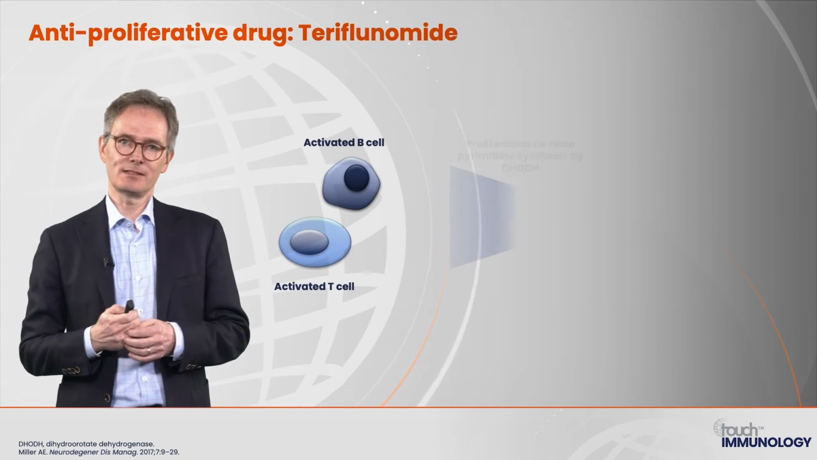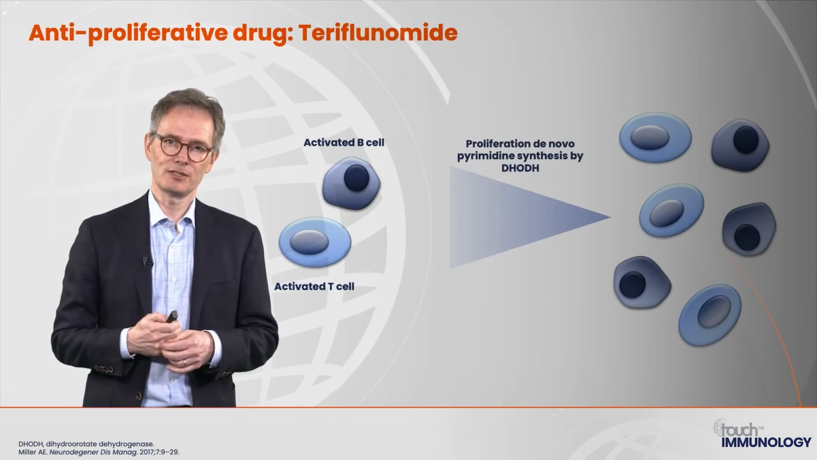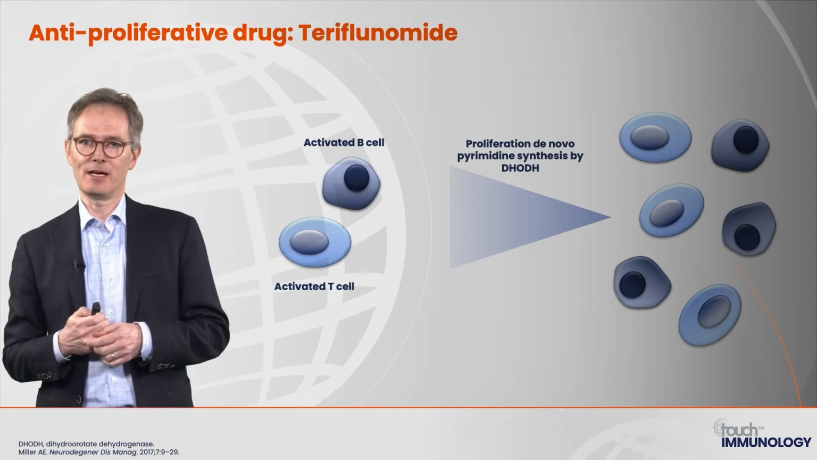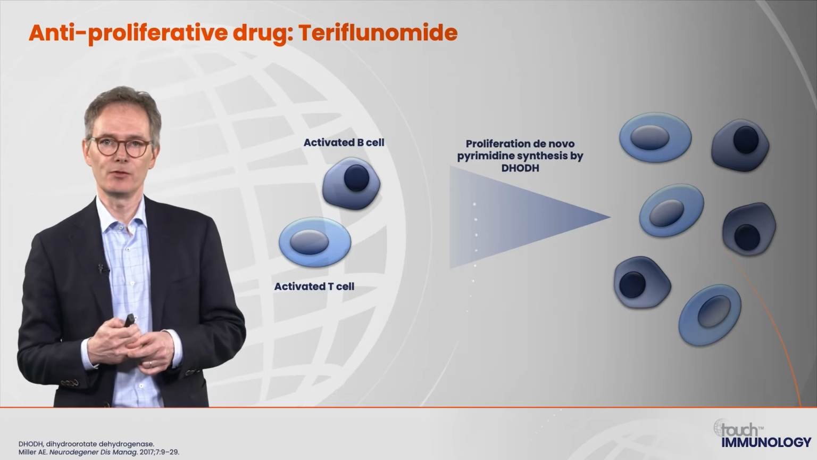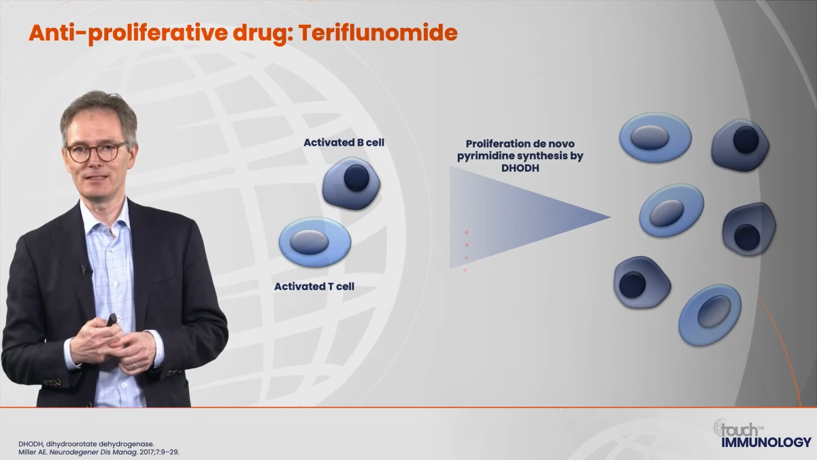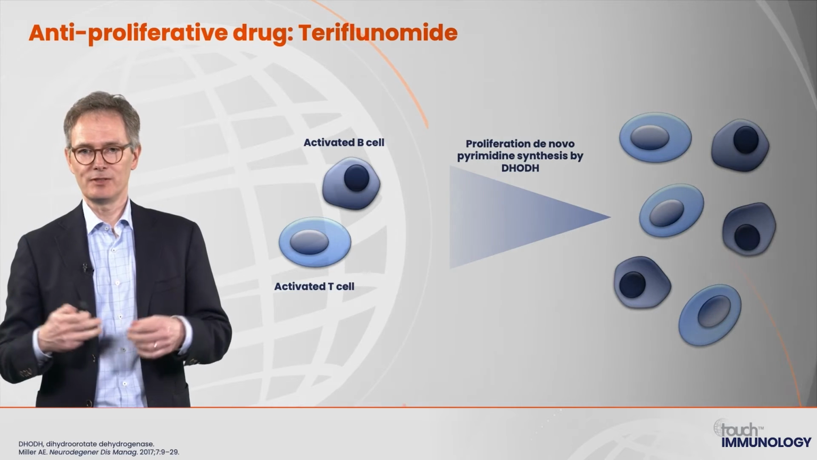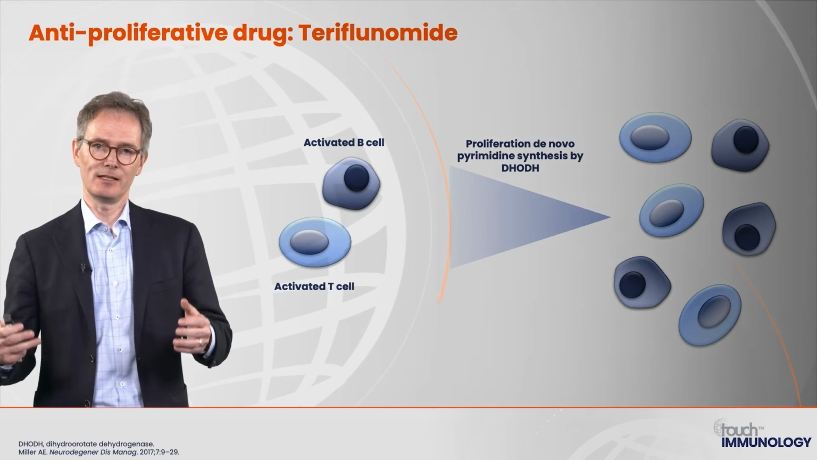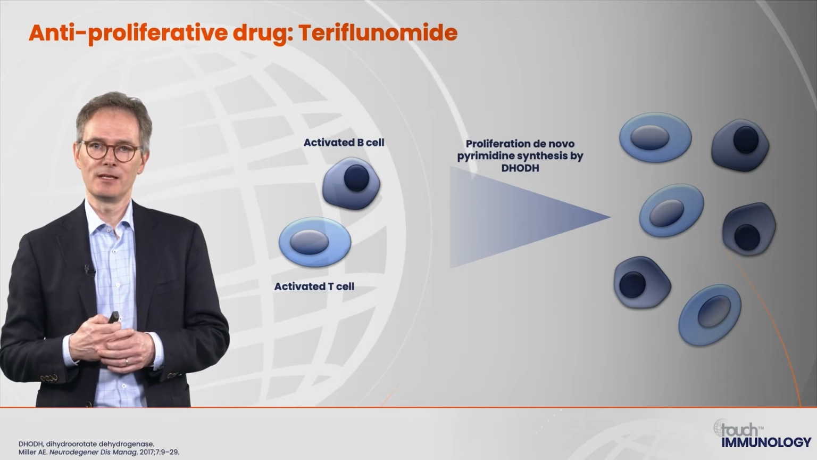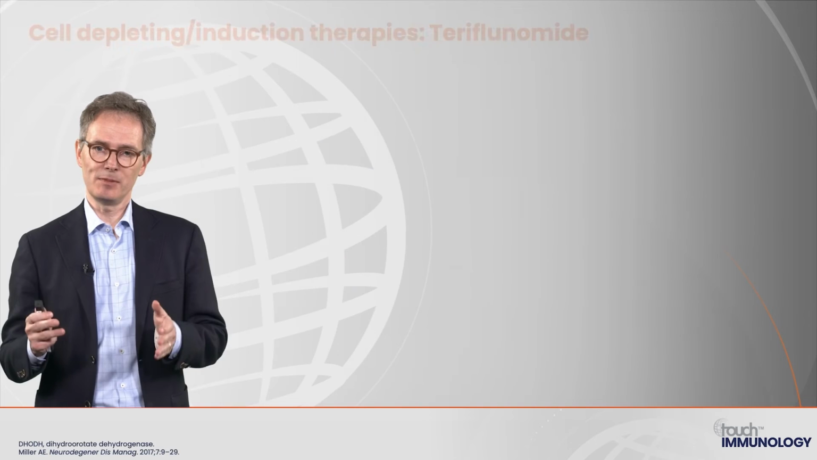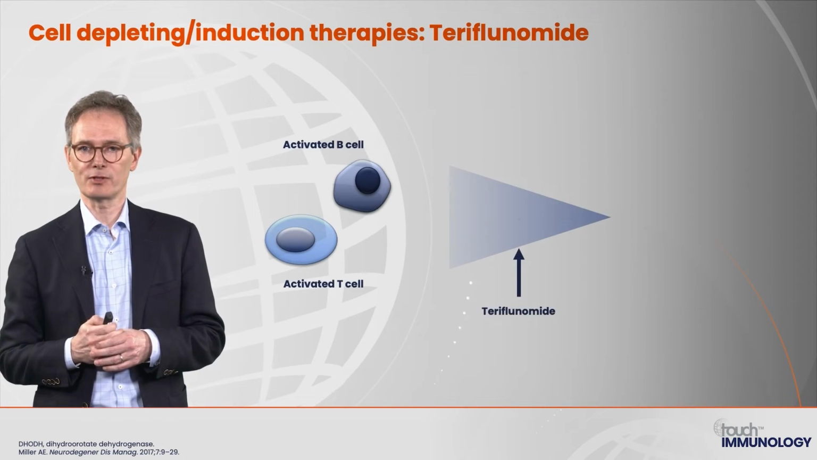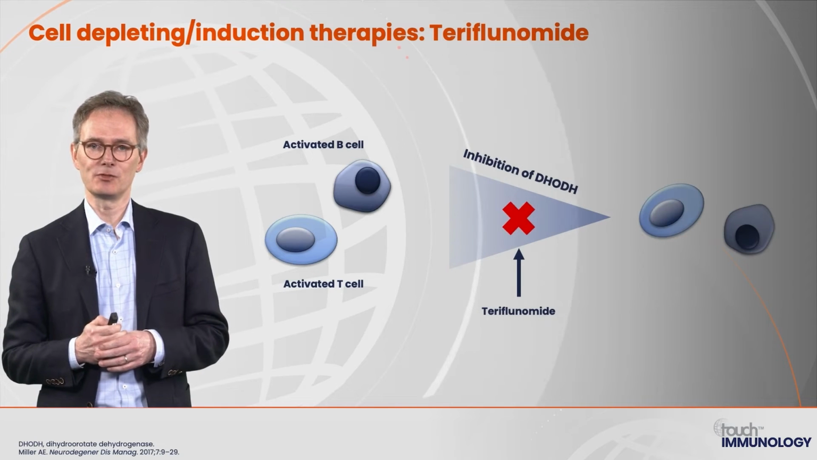And last but not least, I want to introduce teriflunomide, which is also an anti-proliferative drug. It inhibits an enzyme that is needed for the de novo pyrimidine synthesis and therefore acts in activated T and B cells. So if T and B cells are activated, they will proliferate. And for this proliferation, they need pyrimidine. And this drug inhibits an enzyme that is needed for this pyrimidine neosynthesis and therefore blocks the activation-induced proliferation of